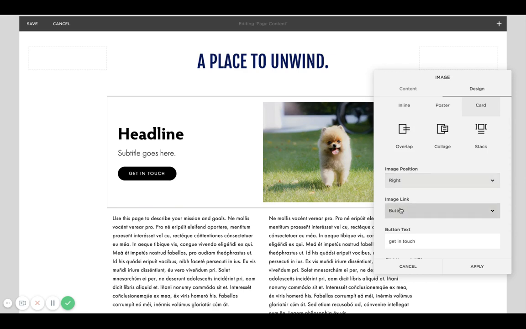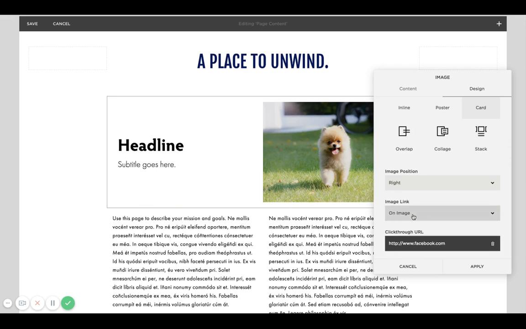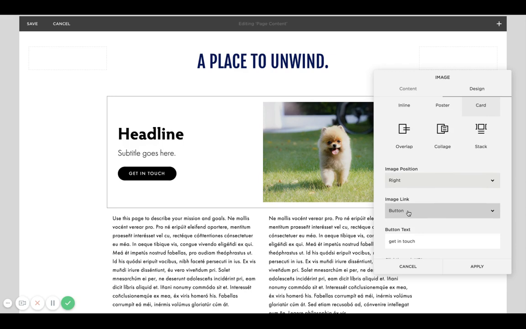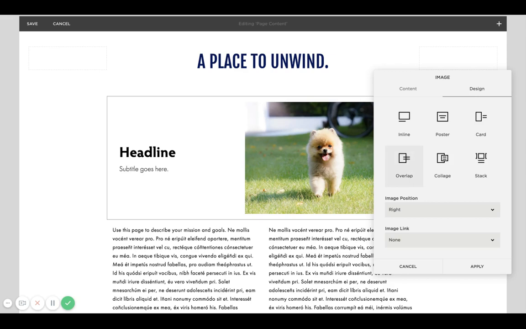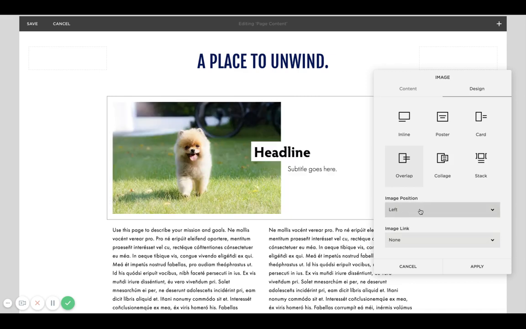And here's where we can control if we want no link, a link just on the image, or a link with a button. The next layout is the overlap image block. So this is very similar to the card block, except that for this one, you can have the text partially overlapping your image. So if I position this with my image to the left and my headline to the right,